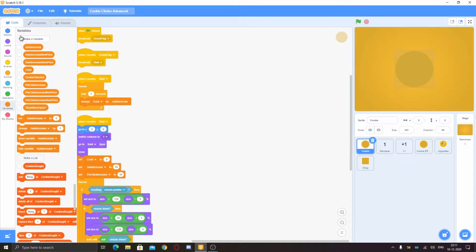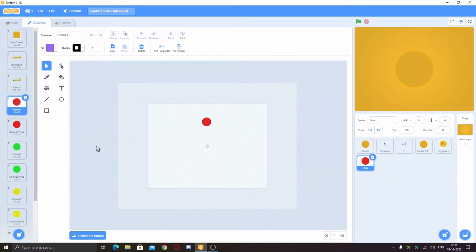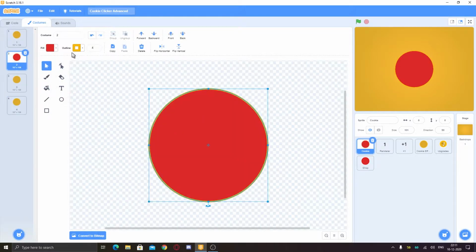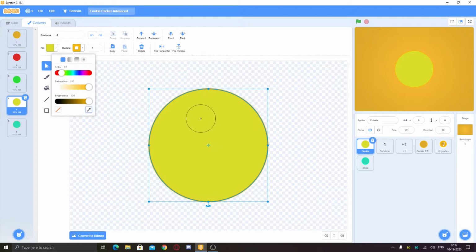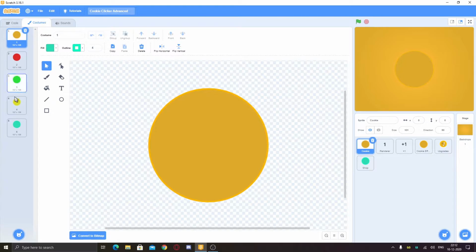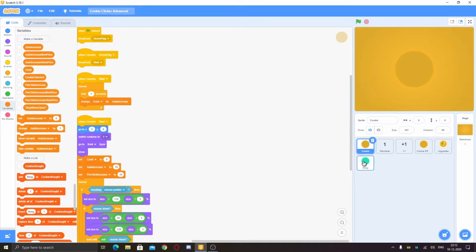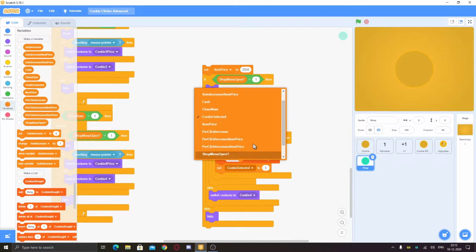And now we have to make the cookies for that. So you just need to make the same cookies you make in the thumbnails of these, like the red one and things. So I'll just do that. So I made these cookies like 1, 2, 3, 4, and 5. So we have to just name it like that. So instead of 4, I will just put here 5, like cookie 5. And if you want, you can change the costume name, I won't do that, or I will do it later. So set cookie selected to 5 and add cookie 5.